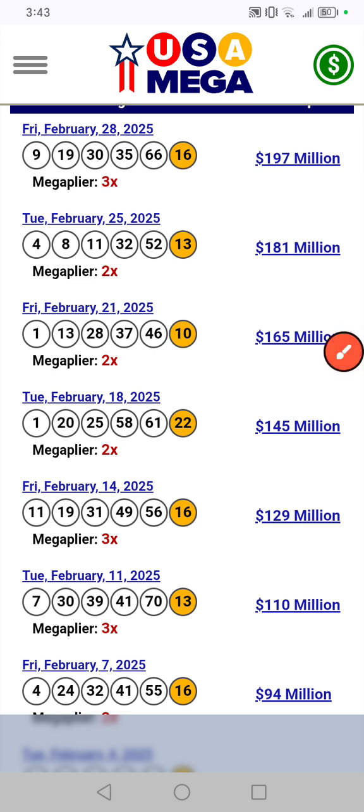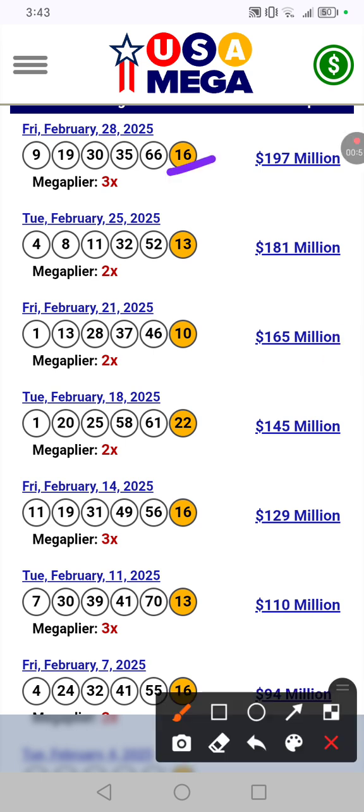I shared with my group 16, and also I shared 8 and other numbers. I had 9, but I just don't like sharing a lot of numbers, so I picked 8 instead. I shared 8, not 9. The reason I shared 8 is because of